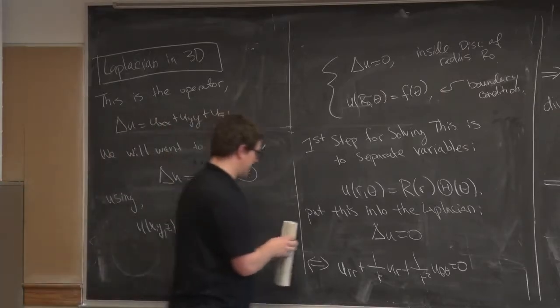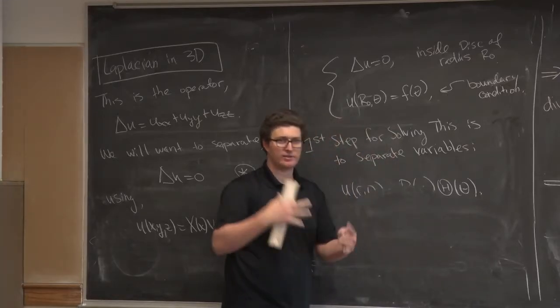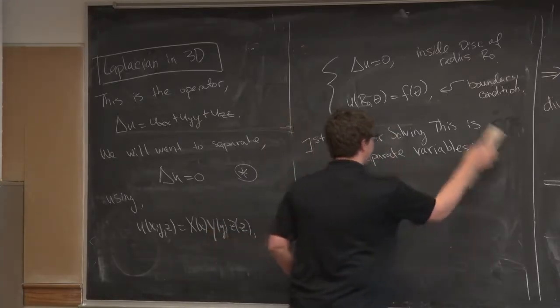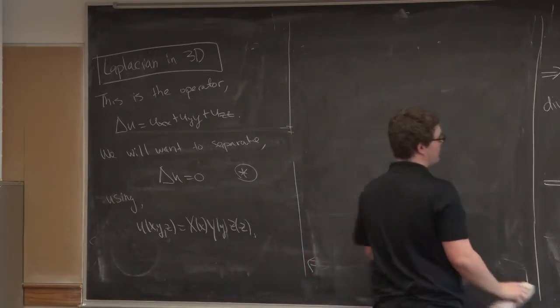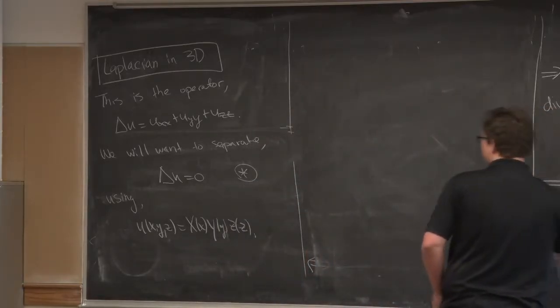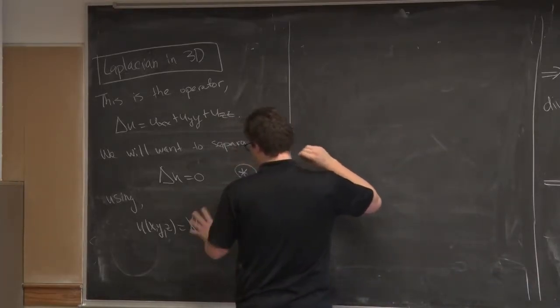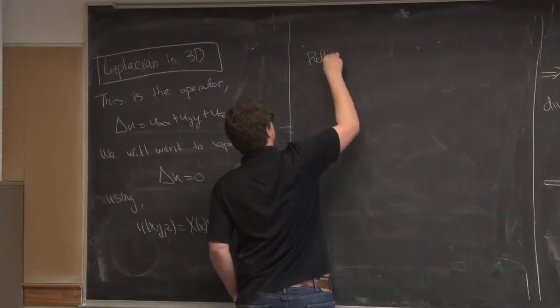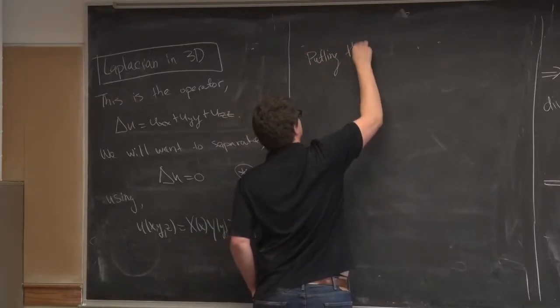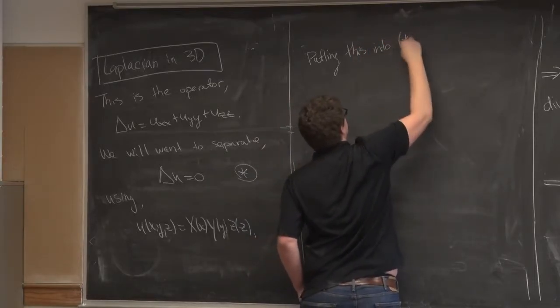So if we put this into star, this is the type of thing you want to do if you have a box in 3 dimensions. Okay? If we have a sphere in 3 dimensions or a cylinder in 3 dimensions, we're going to have to go through something like this. Okay? But for a box in 3 dimensions, we use this. And so, into this equation here,